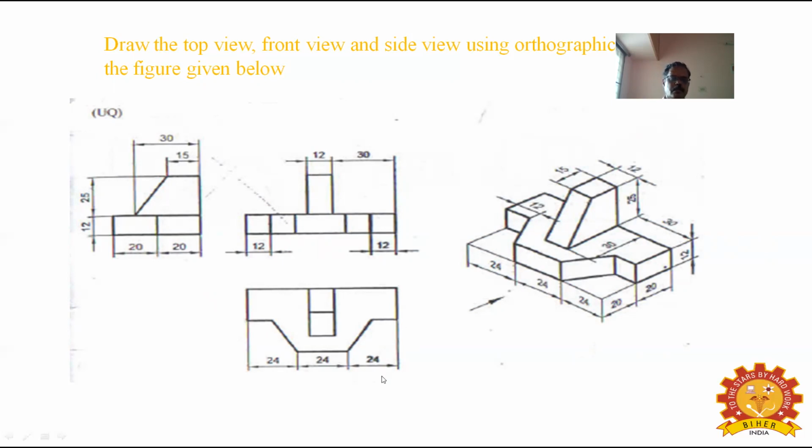First draw the rectangle by using a 2H pencil. Draw the outer rectangle first. Now how to draw the taper portions? Here the dimension is given as 20 mm. On the left hand side you mark 12 mm length. On the right hand side also you mark 12 mm length, and then you draw a horizontal line of length 12 mm, both on the left hand side as well as on the right hand side.